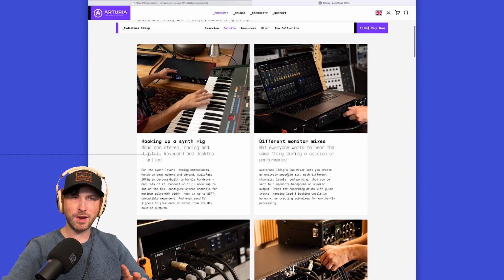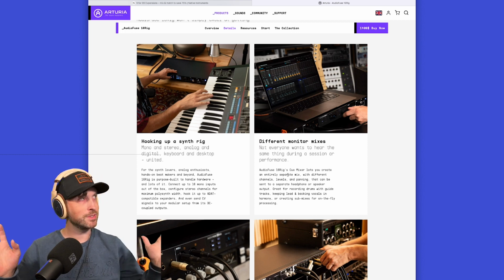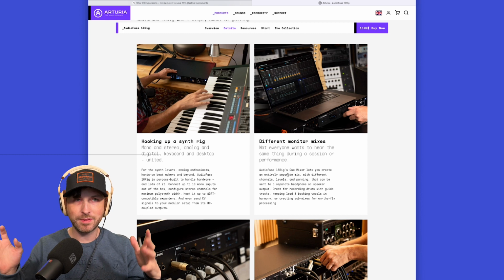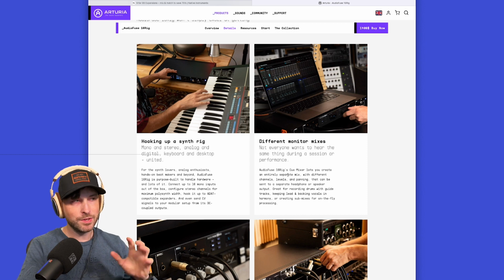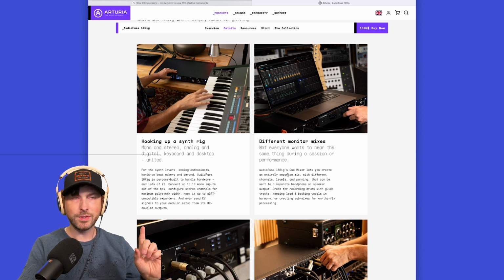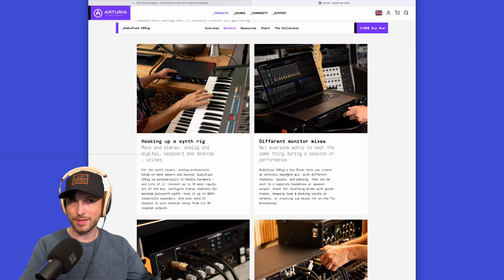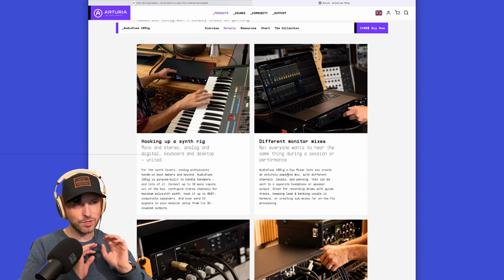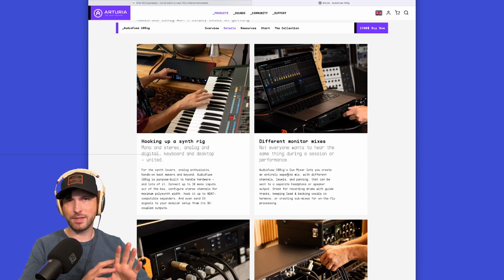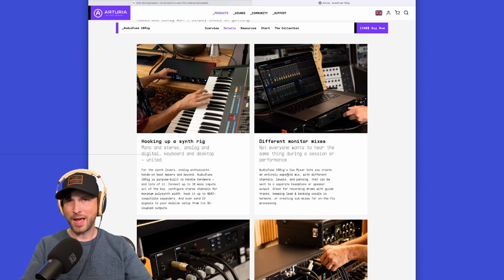So yeah, not only is this great for a set and forget scenario in the studio, like what I've done here, where I've actually got several instruments connected, synthesizers mainly, but in a live setup you could have the Audiofuse 16RIG hooked up, with a Q mix going to your drummer's headphones, for example. Maybe he only wants to hear the guitar and maybe some other synth layers, or he wants certain parts down. Maybe he does want to hear the vocals, but down in the mix. You could totally do that with this unit. It has so much flexibility in terms of not only routing, but actually controlling the gain, pan, you name it,